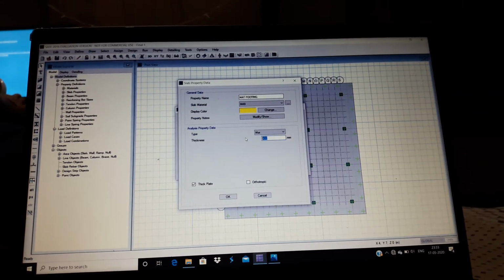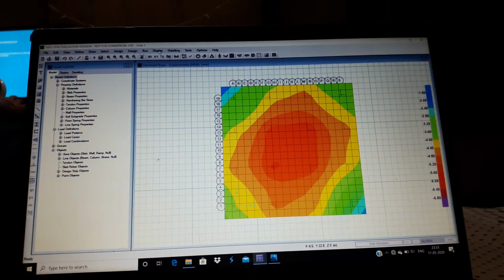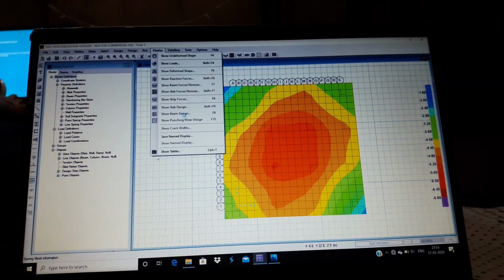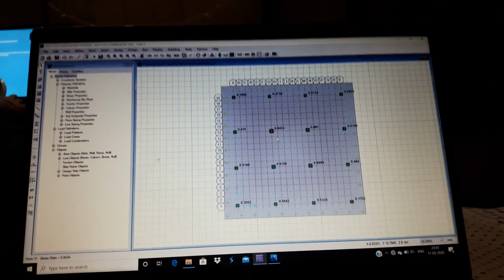This time thickness should be 1200, and then click on OK, again OK, and then run the analysis. Then display show punching shear design. Now you can see all the values here are less than 1, therefore the design is complete.